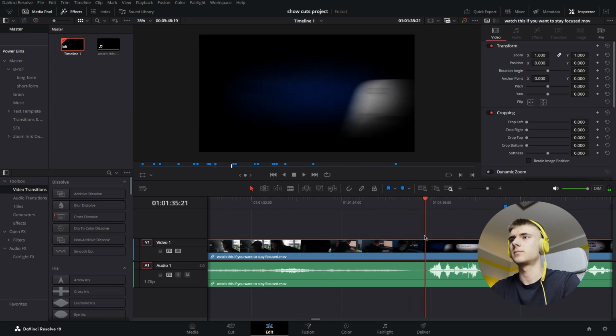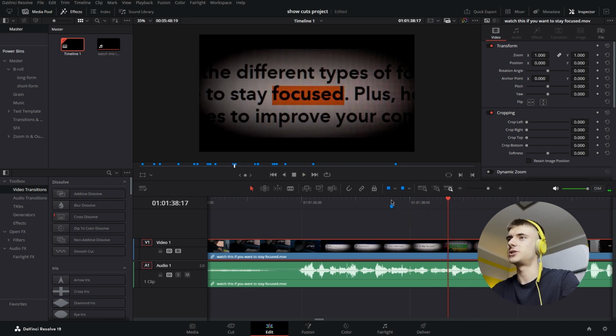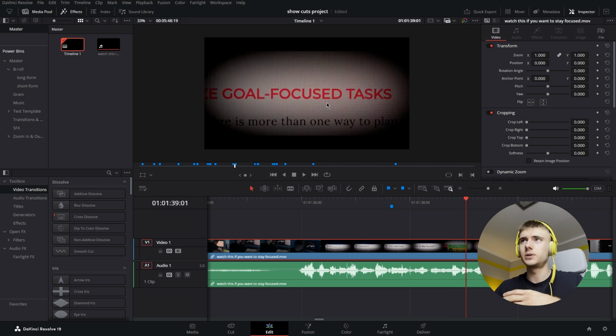Okay, the next. After surfing the web, I found something interesting, and so here we have a match cut. Basically, what I did, I searched for the word focus on the internet, opened a random article, and then started taking photos of each and every single word focused. Then I placed it in post-production in the center using the opacity trick that I explained to you earlier. So this is how you do it, and you have this ticking sound